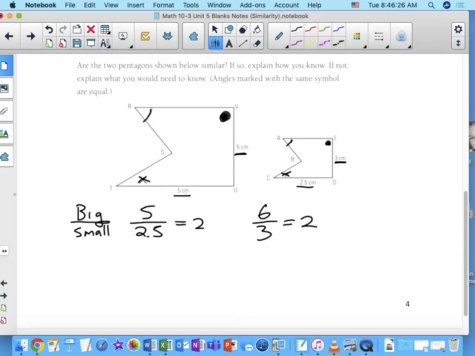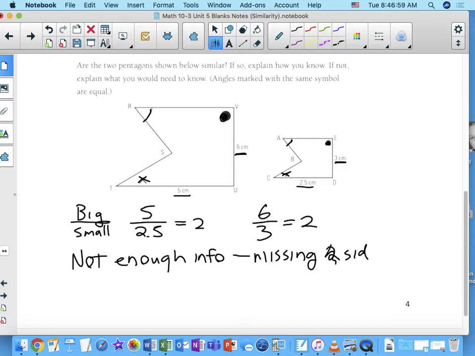Okay? And we don't know what this reflex angle here is where angle S is, or what the reflex here where angle B is. So even though these look like they could be, and they may in fact be similar, we don't have enough information. So we can't tell. Not enough information here. Okay, we are missing 2 side lengths. No, sorry, 3 side lengths